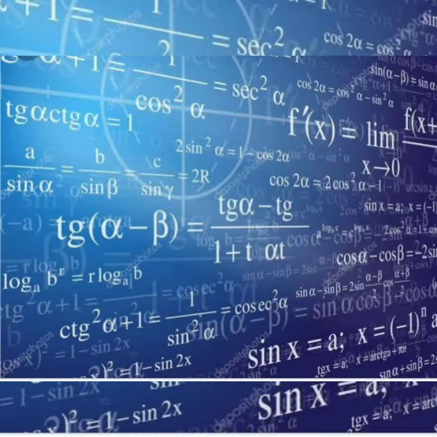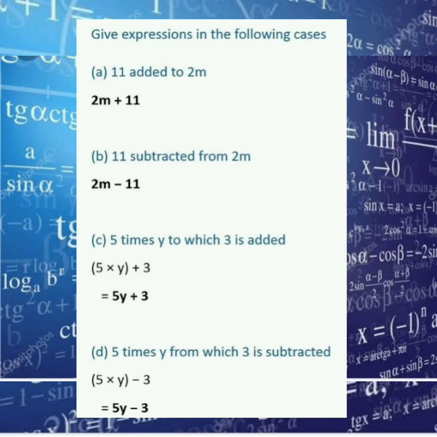Now let's form expressions for some commonly used phrases. Here they are. The first one reads 11 added to 2m. So 11 is getting added to another term 2m. So 2m plus 11. The next one, 11 subtracted from 2m. So a term 11 is getting subtracted from another term, that is 2m. So 2m minus 11. While doing addition and multiplication, the priority, that is the order of the terms, does not